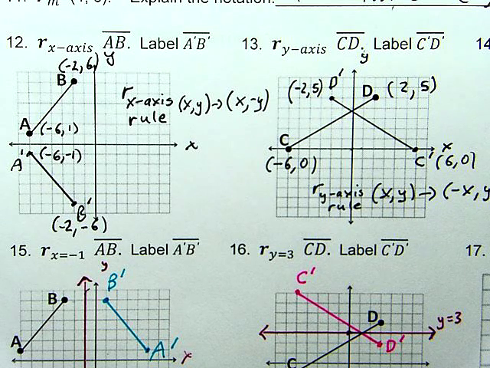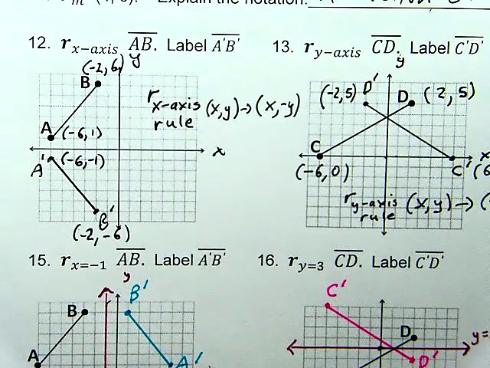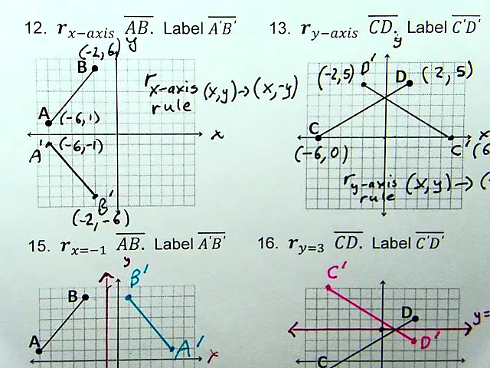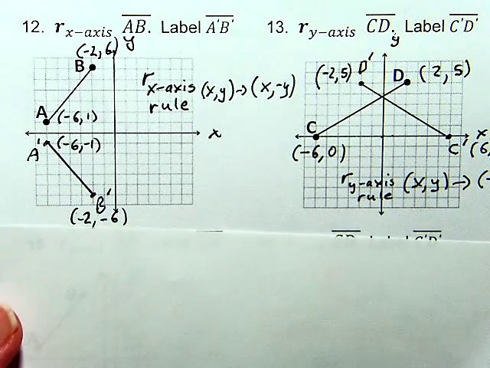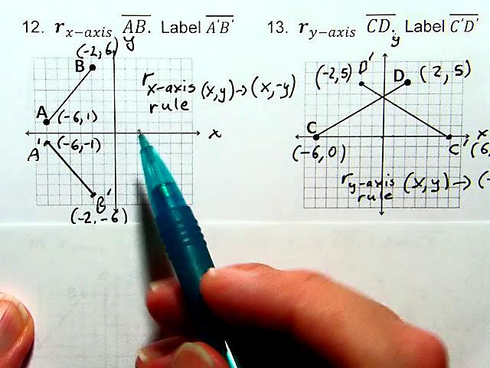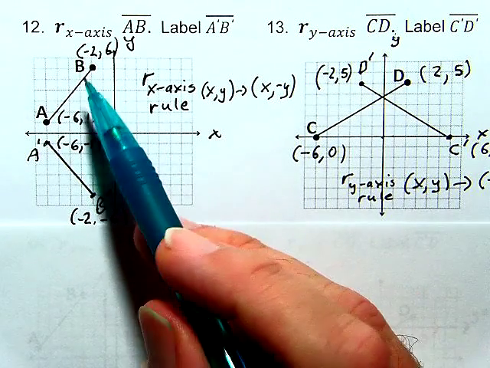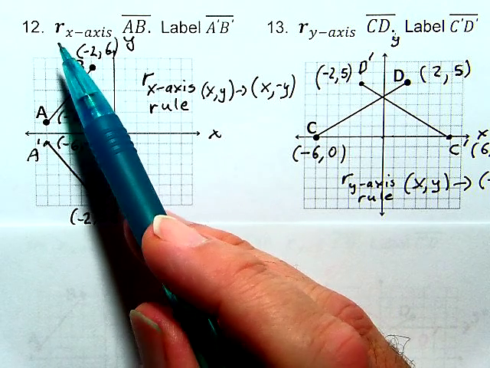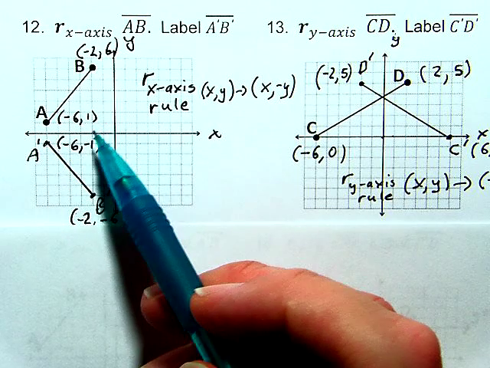So let's go back to problems 12 and 13 and see if we can see some patterns in the coordinates that result from reflection over the x-axis and reflection over the y-axis. These are the two main things we're looking at. I went ahead and put the coordinates of A and B and A prime and B prime in problem number 12. And so we can see here that when we reflected over the x-axis, coordinates -6, 1 became